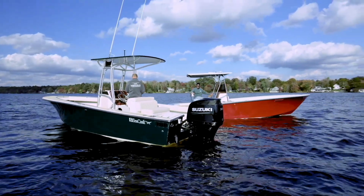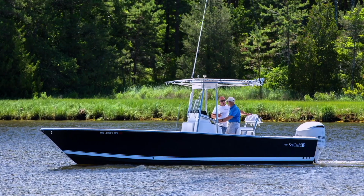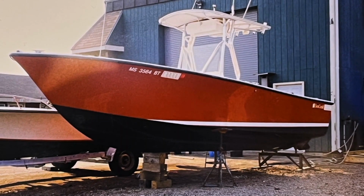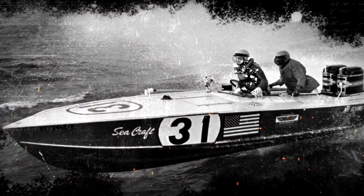Well, before we got ourselves wrapped up into whalers, our main focus was Seacrafts and other classic center consoles. In fact, the first boat to roll out of Metan was a 23-foot Seacraft. The Seacraft legacy goes back now almost 50 years, when a man named Carl Moseley first came up with this very unique hull design that to this day is used by a number of both production manufacturers as well as